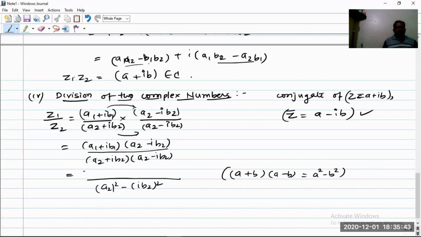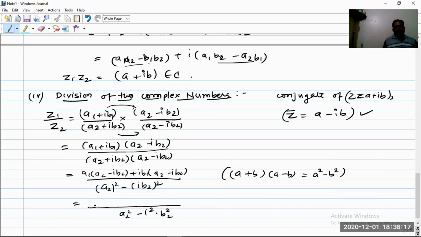So what we have is multiplication of binomials. As we know, in multiplication we follow the same steps here. So a1 is multiplied to a2 minus ib2, plus ib1 is multiplied to a2 minus ib2. So what does this give us? It gives us the denominator a2 square minus, now it is a square of i and b2 both separately, so I can write it as i square into b2 square, whereas in the numerator I just simplify the brackets, open